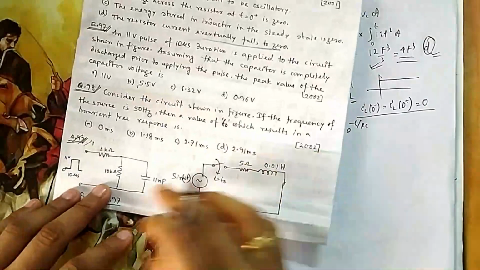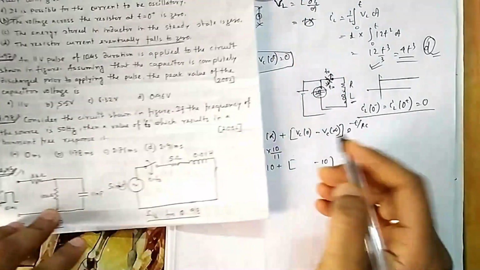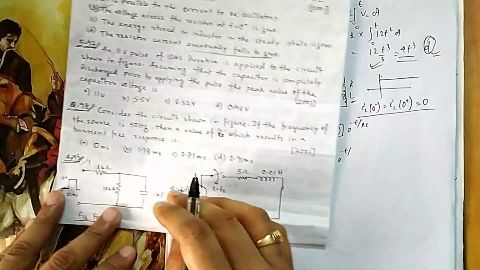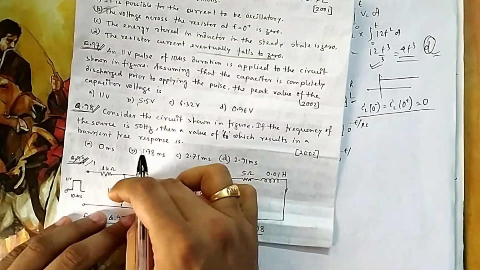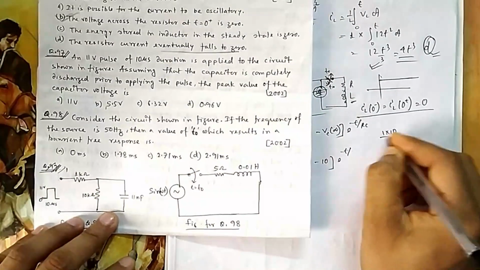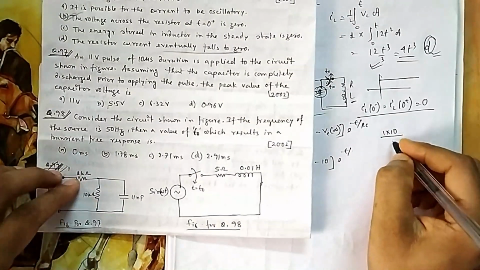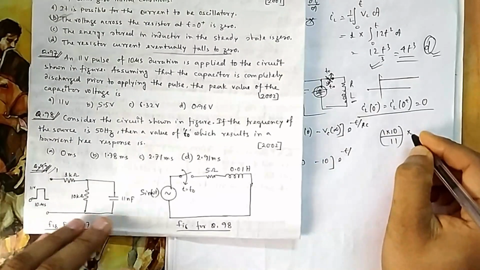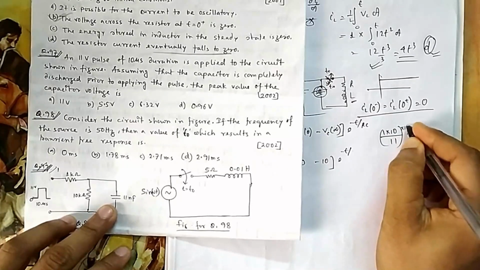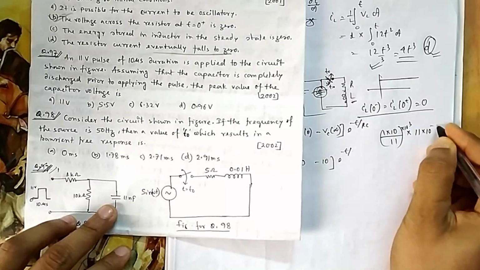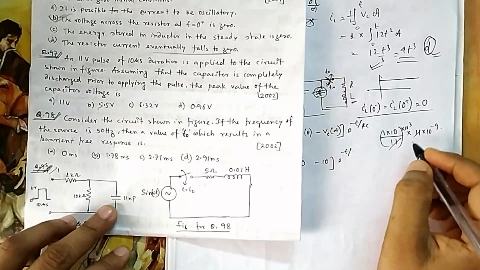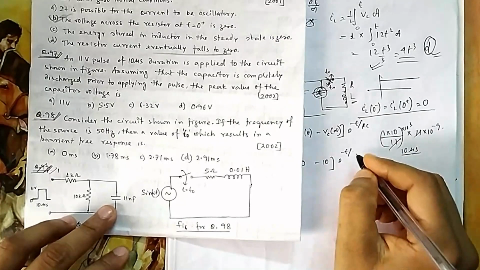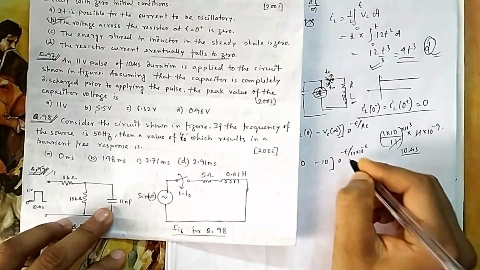Now what is the initial condition? Initially it is assumed completely discharged, 0. So e to the power minus t by RC. What is R here? If you remove the capacitor, what is the resistance you are seeing? These two are in parallel, so you see 10 into 1 by 10 plus 1. So this is your R, then multiplied by C. This is kilo, 10 to the power 3, and this is 11 into 10 to the power minus 9. So 11 gets cancelled and it will be 10 to the power 3 times 10 to the power minus 9, so this is your 10 microsecond, 10 into 10 to the power minus 6.